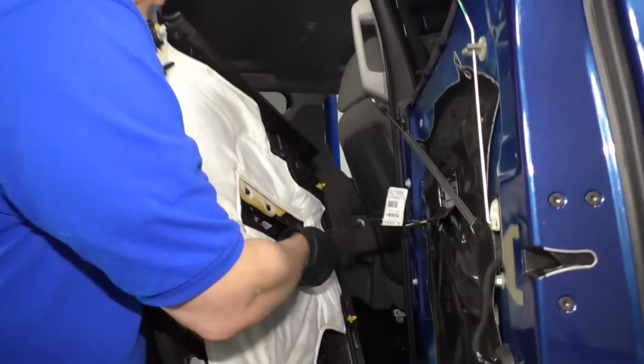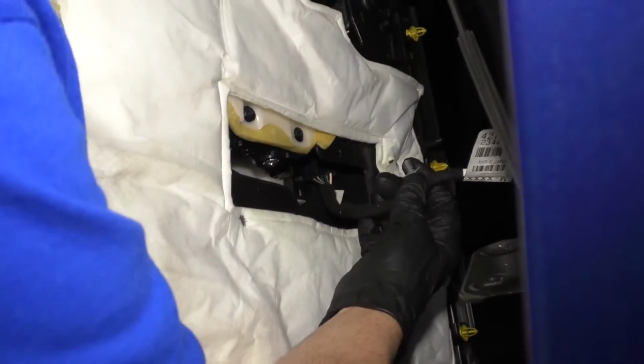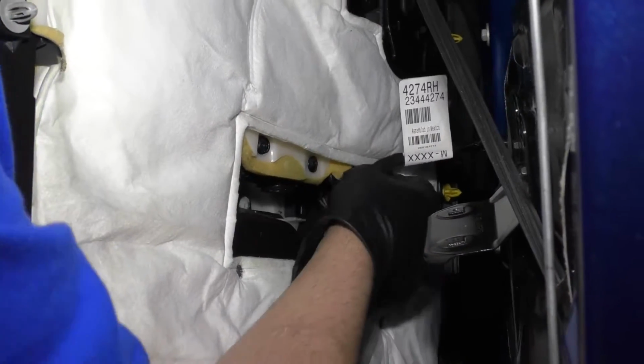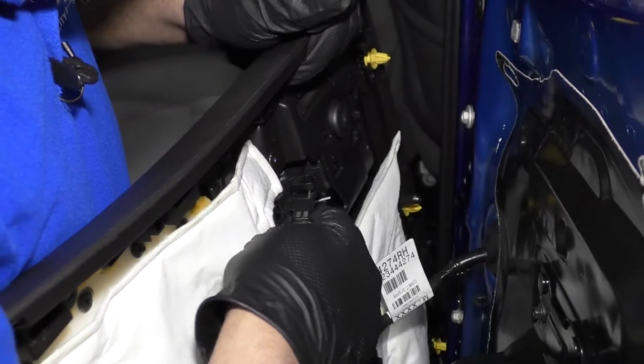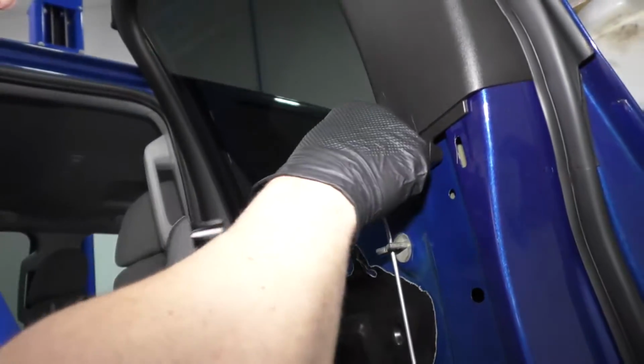Just like that. All right, now let's hook the switch up. Just push the connector on. And this wire is gonna go into that retainer is going through that hole. Take this cable, put the ball through there, and then slide it over. Lock that in place. Take the lock rod,